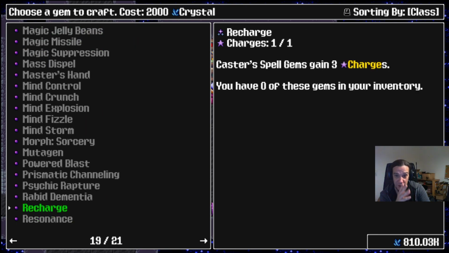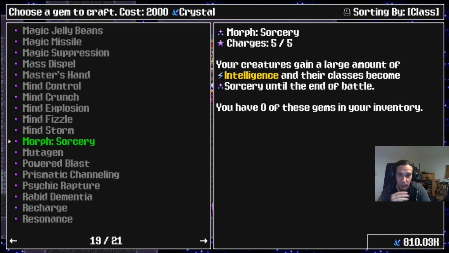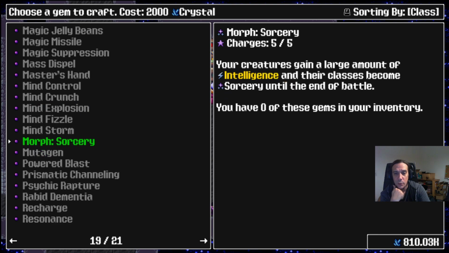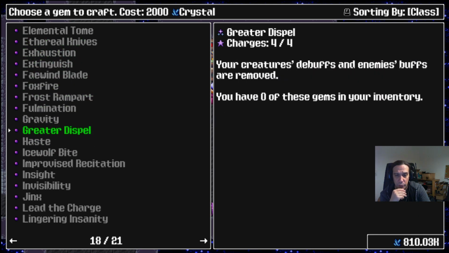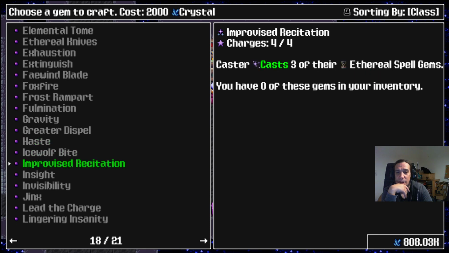Over the time that I play this game, I vastly changed my way of playing, of building teams. And every time I build a team, I change something new. Alright, so what does Morph Sorcery do? Regain Intelligence. So I'll definitely want a Greater Dispel gem. There we go. I'll just go forward and craft a couple of things that I always need for my builds. I learned over the time that there's a couple of things that you just need